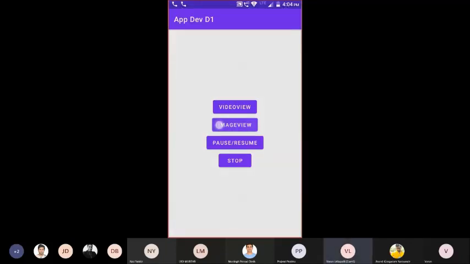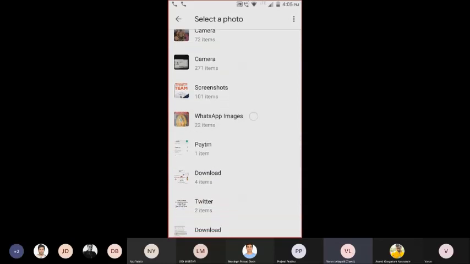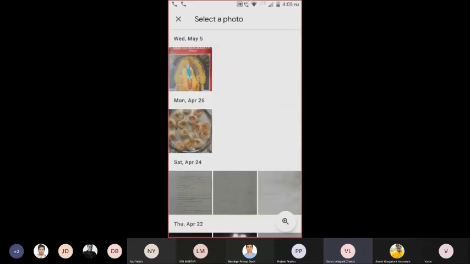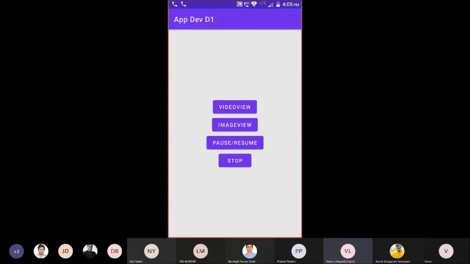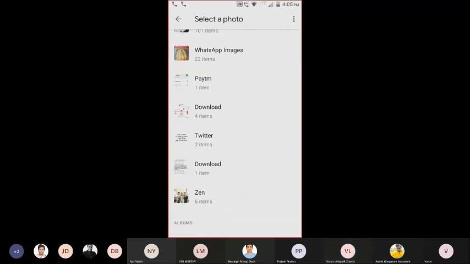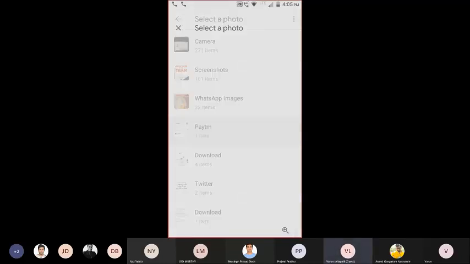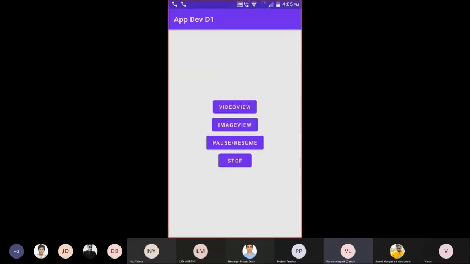If you long click on it, it opens your gallery, and I'm just going to WhatsApp images and picking some photo, so that now that photo should be, just a second. Fine. So this small issue I just corrected.